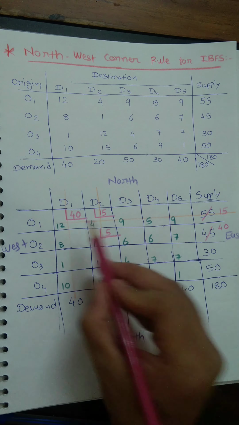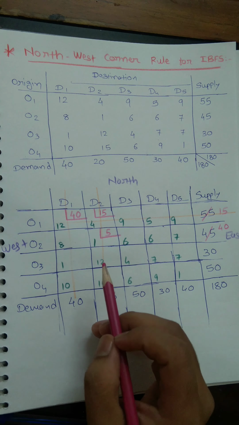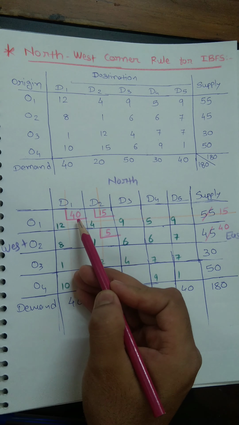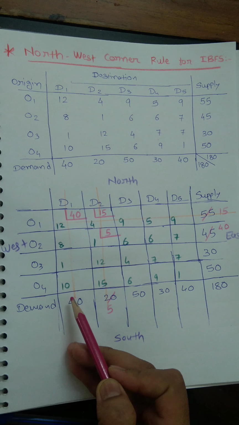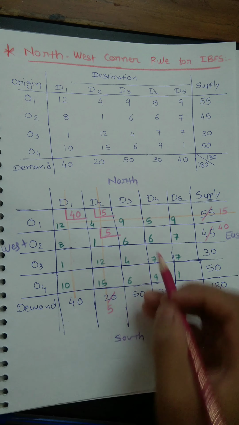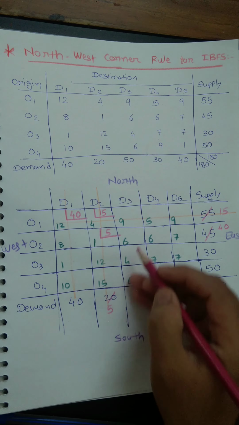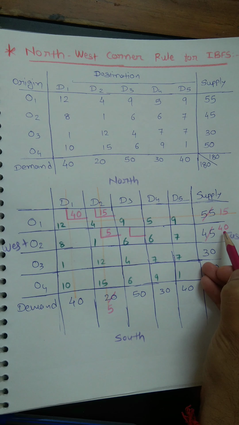We just need to match this: 40 plus 15, now it is 55, 40 directly 40, right? So in order to match the supply and demand we are doing this, but in a specific pattern, that is the northwest corner rule. We have started with the northwest corner and then we moved either rightward or downward depending on the situation. So now I will move in this direction because this is not an available direction, so I will allocate over here. What remains over here?